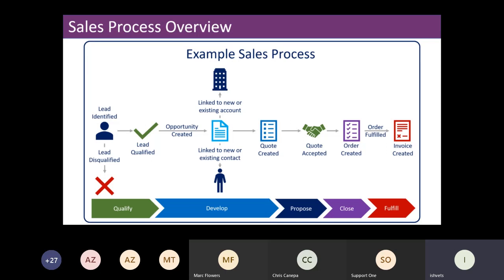Your sales process has different stages. It has a qualification stage, a development stage, propose, close, and fulfill. Why is this important? On the qualification stage, it's very important to distinguish between an opportunity and a lead. And again, I've seen people who work all their life in sales and still fail to make a distinction between them. A lead is somebody who you think you want to do business with, but you haven't talked about anything tangible, and you do not know if the lead